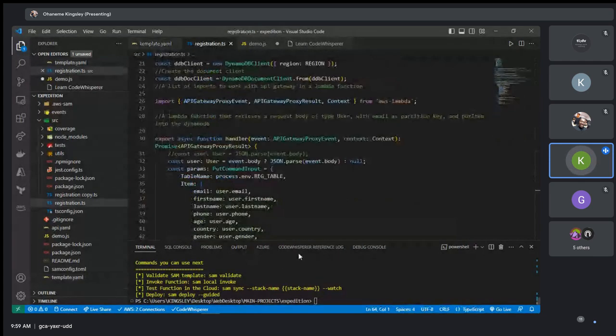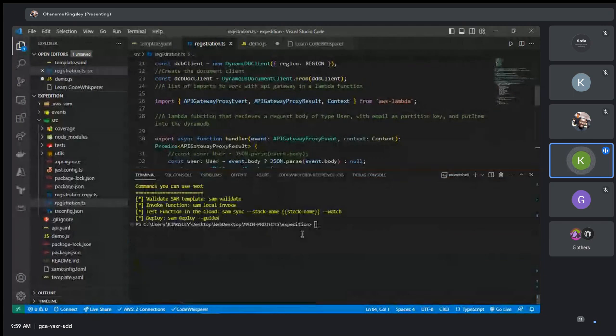So I have done my SAM build, so it has built it. Now I'm going to deploy this particular function and I'll test. To deploy, I've already deployed it once. You can use SAM deploy guided, but since I've deployed it before, I don't need it to show me what is changing. I'll do SAM deploy, no,